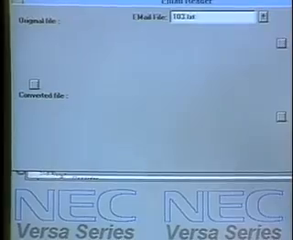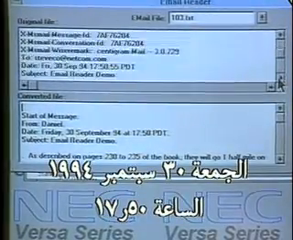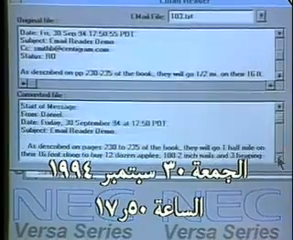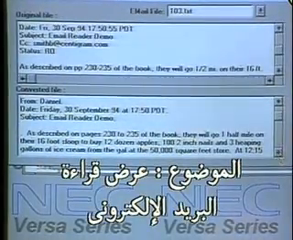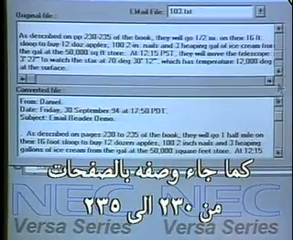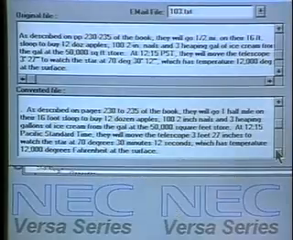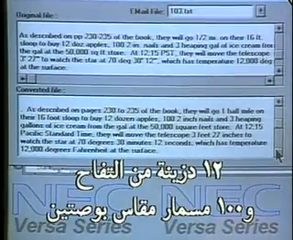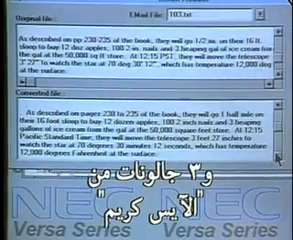Start of message from Daniel. Date, Friday, 30 September 94 at 17:50 PDT. Subject, email reader demo. As described on pages 230 to 235 of the book, they will go 1/2 mile on their 16-foot sloop to buy 12 dozen apples, 102-inch nails, and 3 heaping gallons of ice cream from the gal